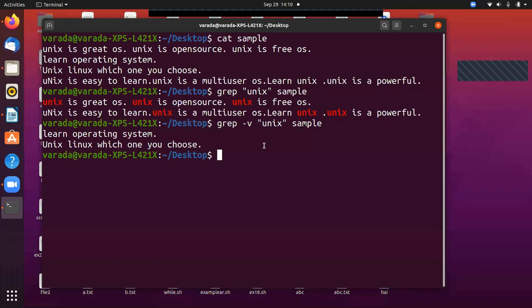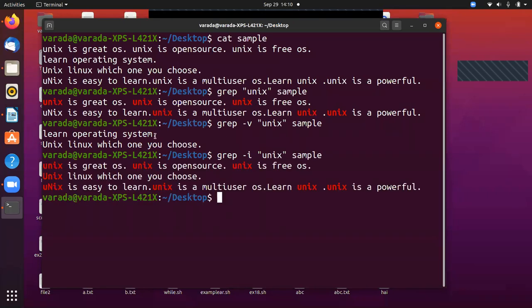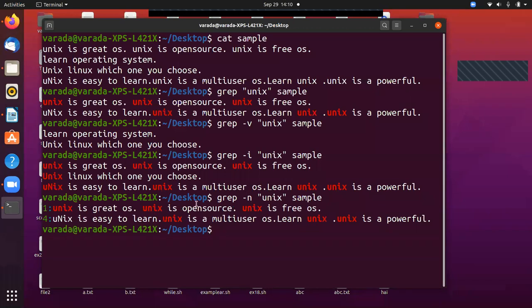Unix. And we can see grep -i Unix sample. Now it ignores the case. -i means ignore the case. Then grep -n: if I want to print along with the line numbers, I can give -n. Now it displays with lines 1 and 4.